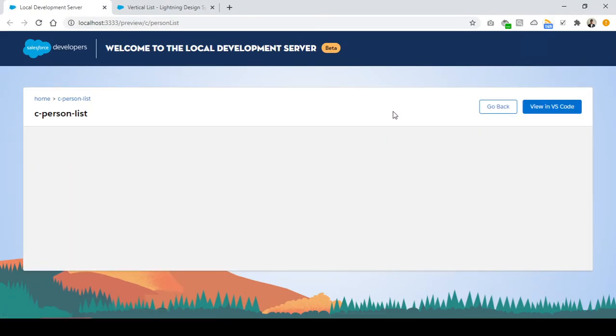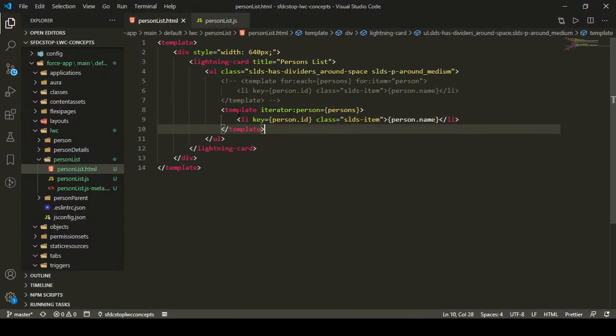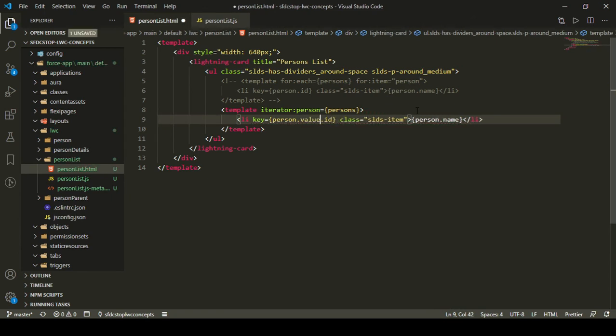Okay, so we have a very small issue here, I guess. It is telling us that person is not defined. Yeah, so one more thing that we need to take care of when we are using an iterator is that you cannot directly use the id and the name or any kind of values from your array elements. You just need to use a syntax like your iterator name, which is nothing but person here, dot value, and then dot id, right? So every time you are referring to your iterator, you need to pick up the value of the iterator. So I can say person.value.name. So this will work, right?